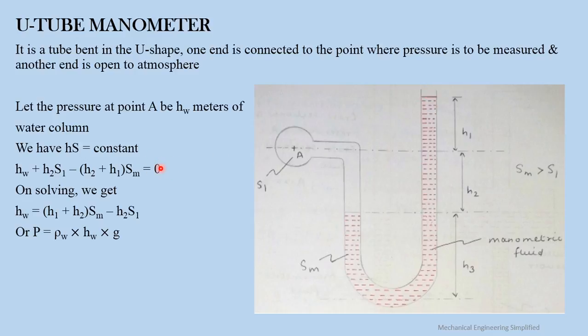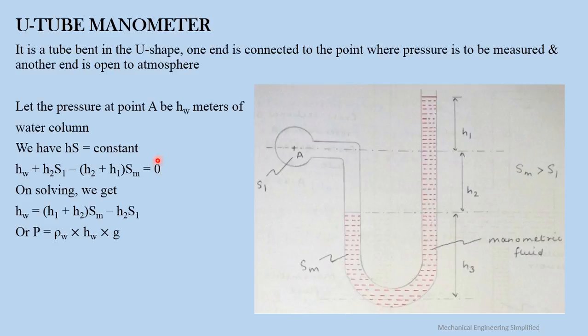And please make a note that if somebody asks you whether in manometers we are calculating the gauge pressure or the absolute pressure, see, you can already see here that this end is open to the atmosphere, and we have taken it equal to 0. That means we are taking the datum as atmospheric pressure, and the pressure which is measured by taking the datum as the atmospheric pressure is the gauge pressure. So the answer is simple. We calculate the gauge pressure in terms of the manometer,